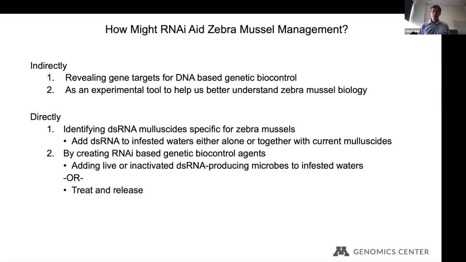But the nice thing about the approach is that in addition to developing a tool that's useful in the lab, it also takes a step toward developing something that could potentially be deployed in the field as well,